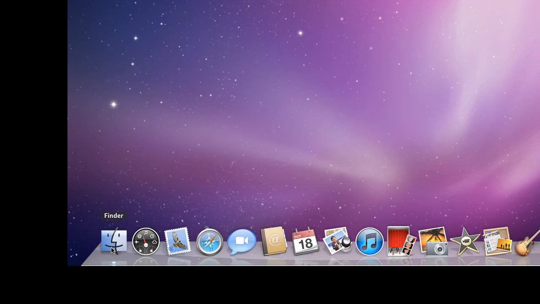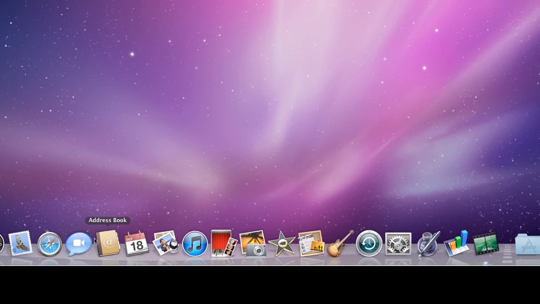Finder, Dashboard, Mail, Safari, iChat, Address Book, iCal, Preview, iTunes, Photo Booth,